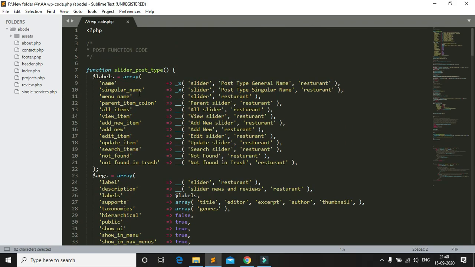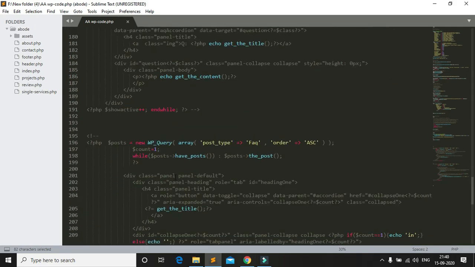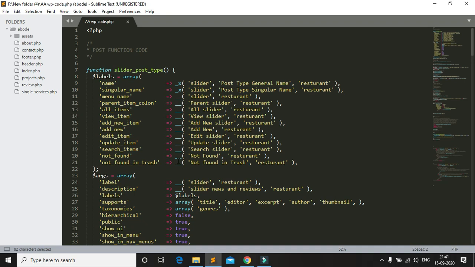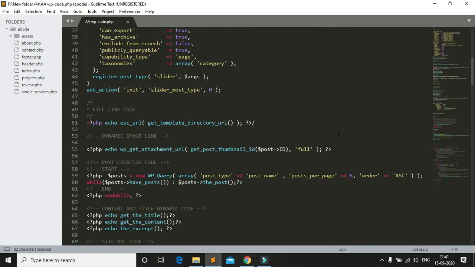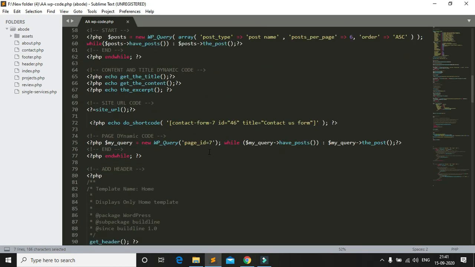So this is the WordPress code file. This is my personal file, created by myself, because if I write all the codes, it takes more time. So that's why I wrote all the codes here. I copy the codes and paste them in the website, so you can understand. I give this file in the description, so please download all these files.